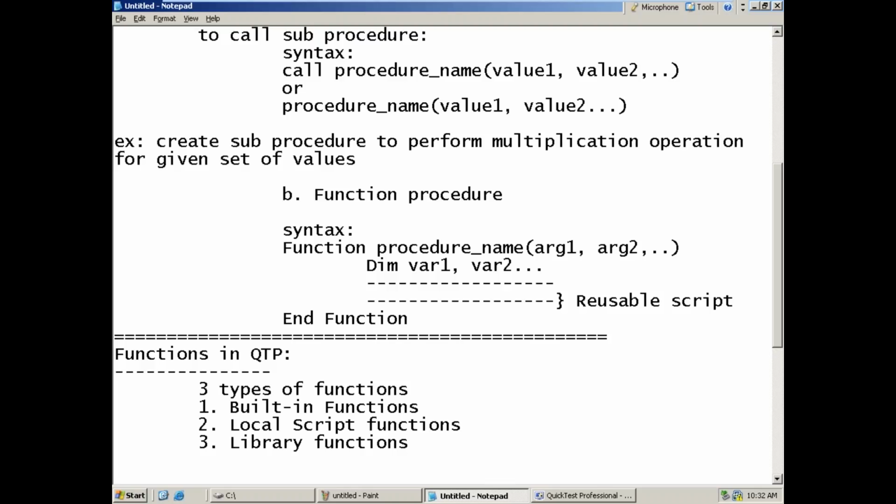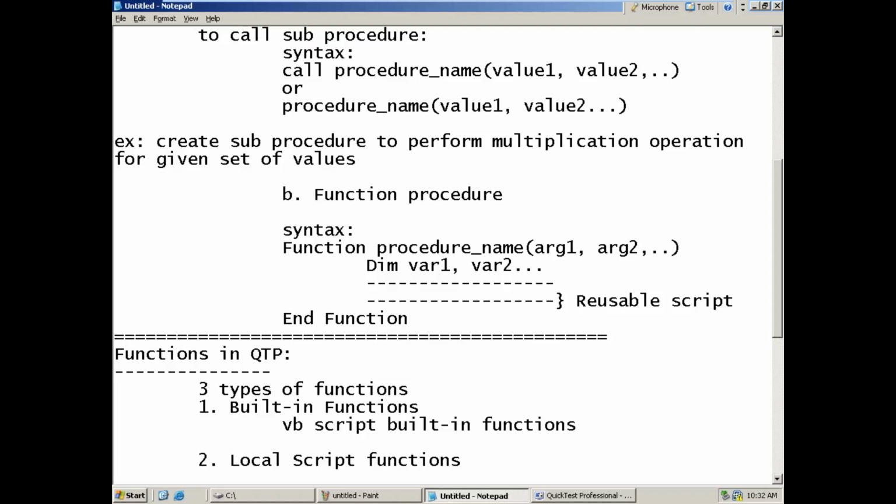Now the first one, built-in functions. These are nothing but VBScript built-in functions only. For example, whatever we used, message box or input box, or string functions like split and trim.